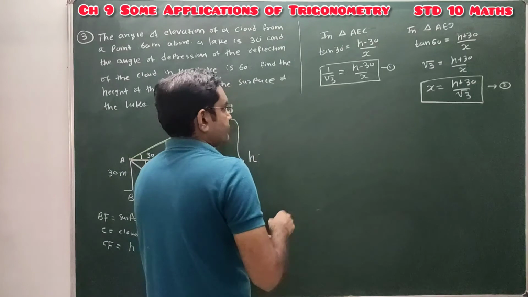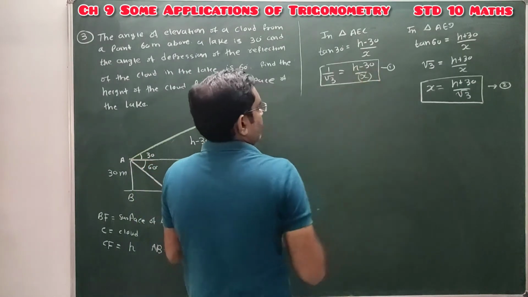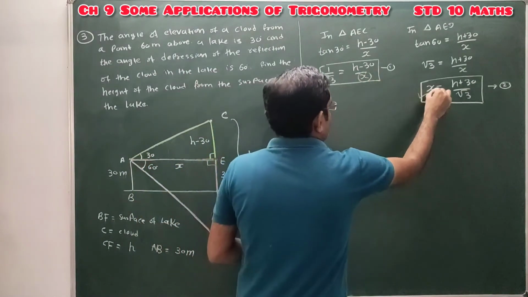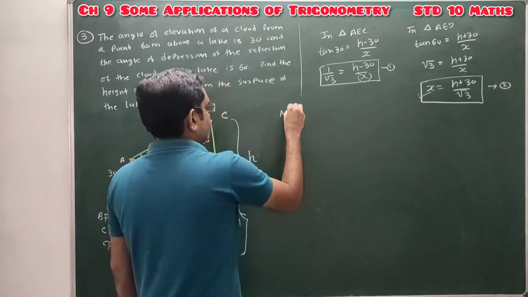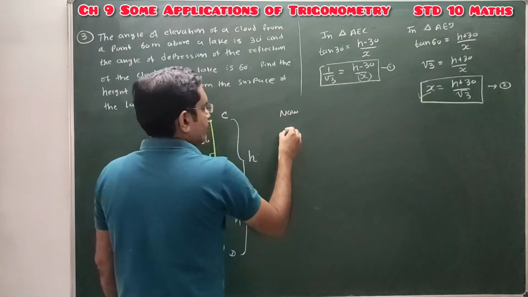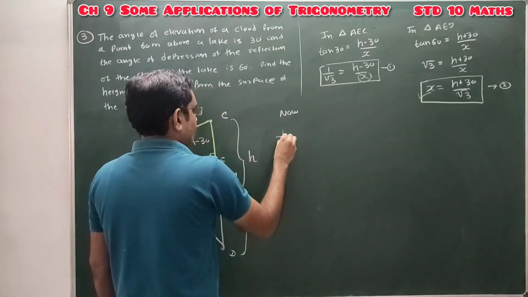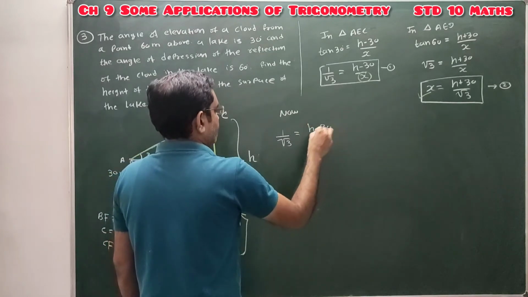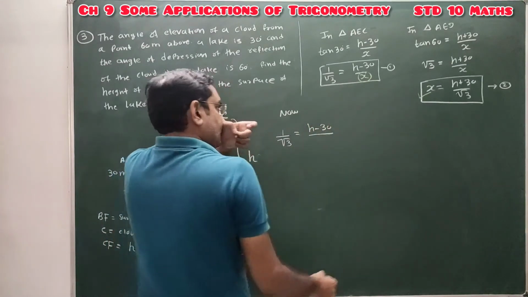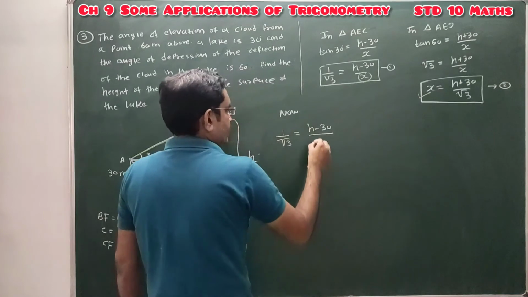So here in equation 1 we will write x equal to this equation 2. So now 1 upon root 3 equal to h minus 30 upon x. x is h plus 30